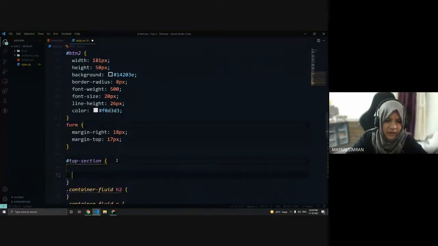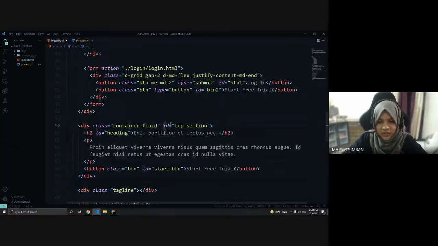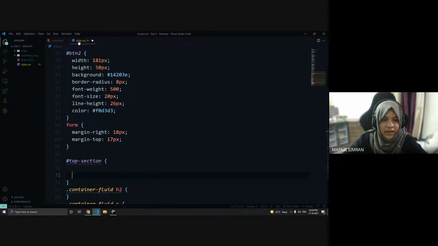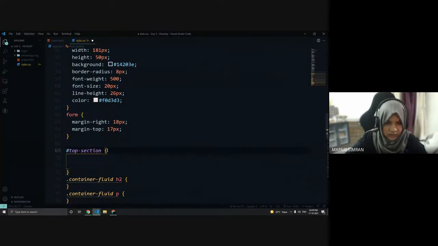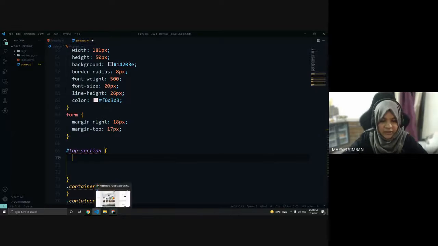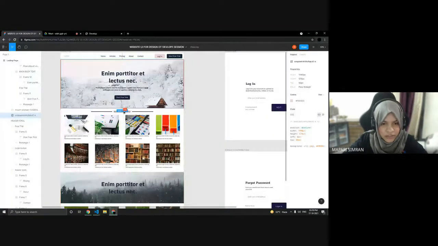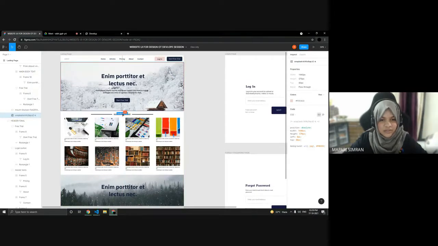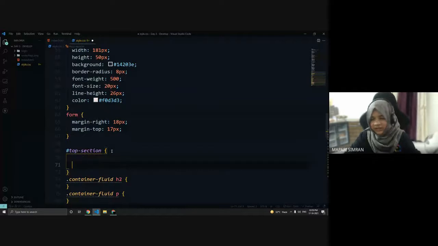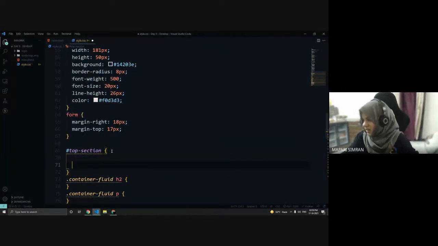So I have selected here the id of the top section. Here I've given the id as top section, so I'll be giving style to this. For that, let's take the width and height. It's 1440 into 570, according to the screen size of the device, but you can see it's taking the whole width of the device, so we can give 100 view width also, because my screen size is more than that, so it will not look good in this.